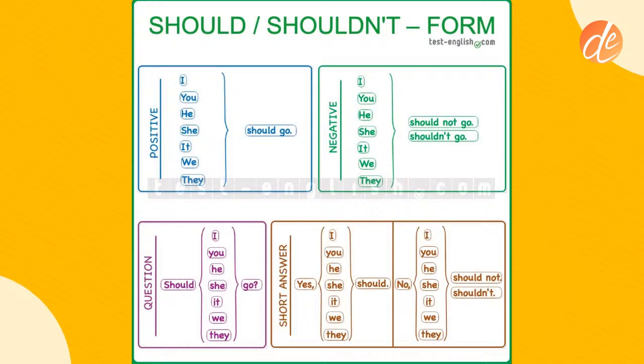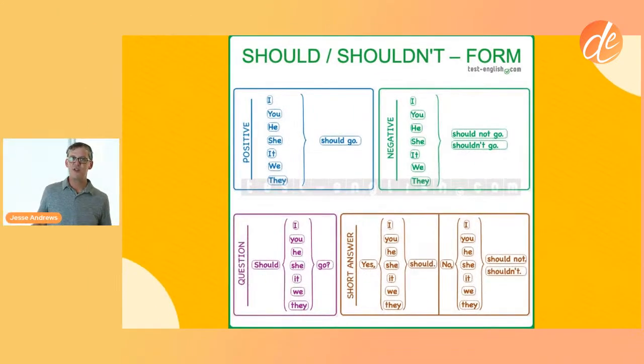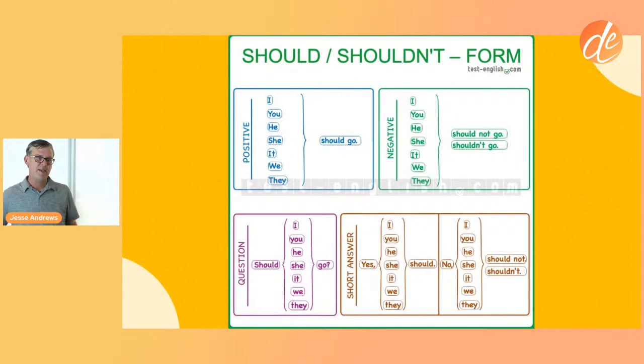So if we see here, we have the positive. As you see here, these modal verbs do not have to be complicated because there's no conjugation. You see there? It's all the same for everyone. So you don't have to memorize the past tense, the present tense, the future, he, she, it, none of that. So in our positive, we have all of our pronouns, I, you, he, she, it, we, they, and